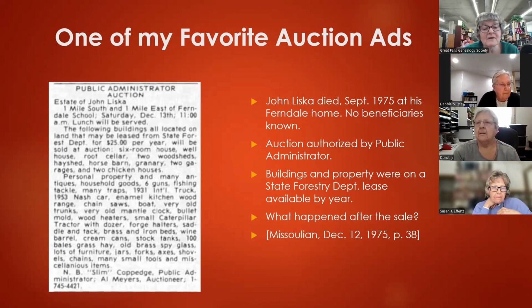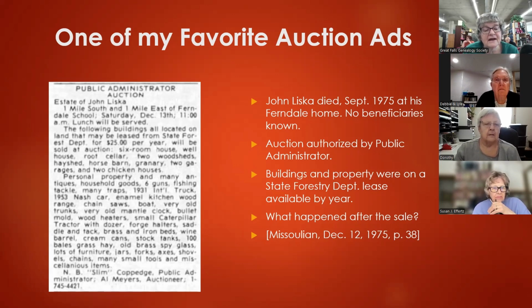So there's a 6-room house, a well house, a root cellar, 2 wood sheds, a hay shed, a horse barn, a granary, 2 garages, and 2 chicken houses. Can you imagine that? And by the way, they were offering lunch too that day for people who were there because it was going to take some time to go through this. The personal property and many antiques, household goods, 6 guns, fishing tackle, many traps, a 31 International truck, a 53